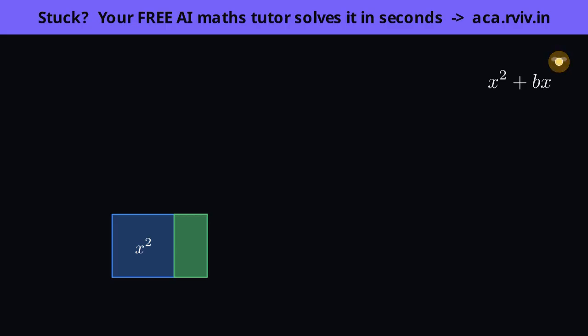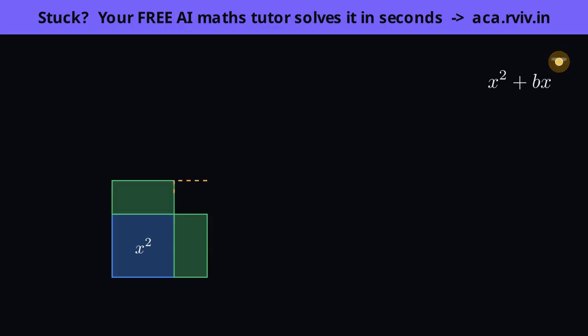Leave one strip glued to the right of the blue square, and swing the other strip up onto the top. See what's happening? The 2 half strips now hug neighboring sides of the square, one along the right edge, one along the top, wrapping it into an L shape. We are trying to grow the blue square outward equally in both directions so the result can become a bigger square. But look, the L doesn't quite close up into a full square.